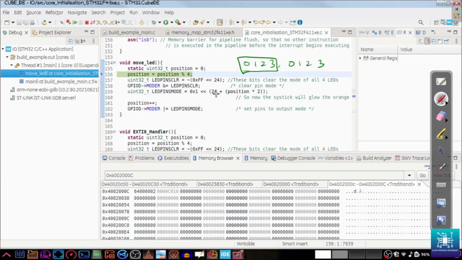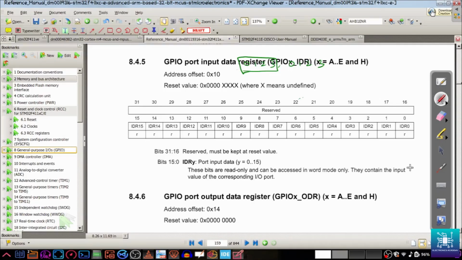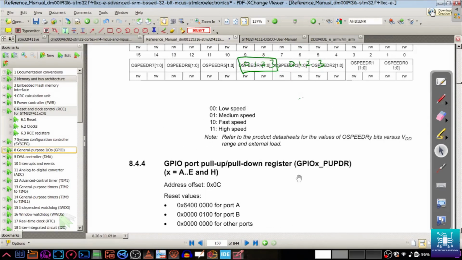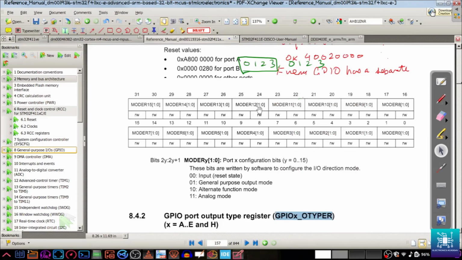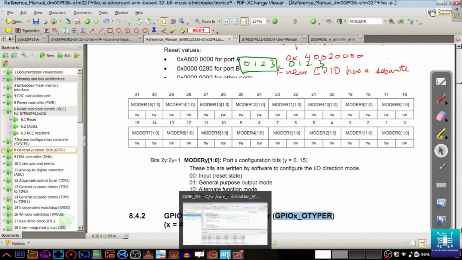24 is the number of positions that the mode starts from. So GPIO mode 24 is where it starts, from the 24th bit, because it's pin 12, 13, 14, 15. We are anyway considering this as a 0 here. So that's okay. Now we are trying to zero this area out, and then the first value that we have is